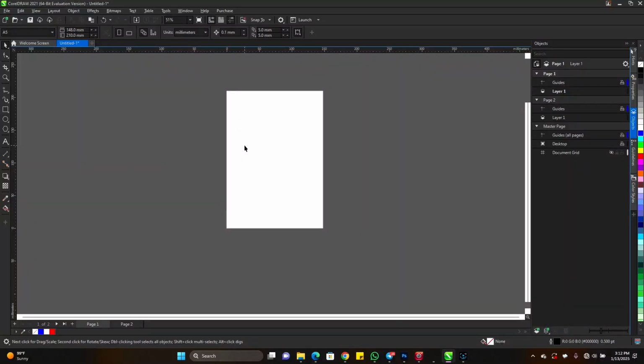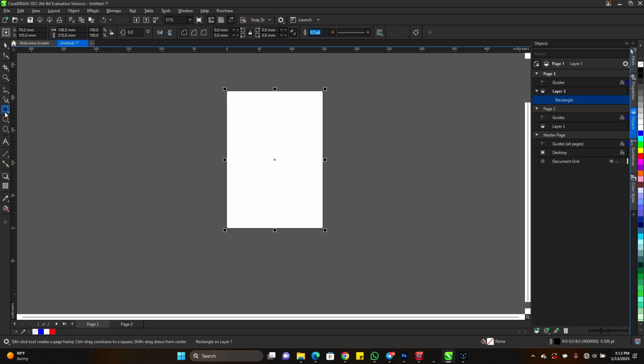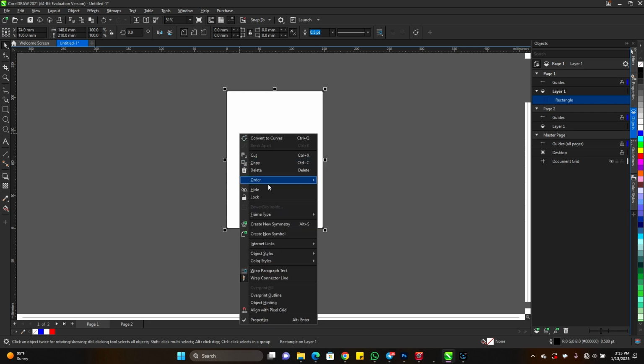So another thing I want to teach us is how to use the shape tool. We already understand that if you double click on this square rectangle tool, it will give you the shape of the size of the file that you are working on. This one is A5 that we're working on, which is normal flyer size, right? So when you right click, you will do frame type, create empty frame, so you can work